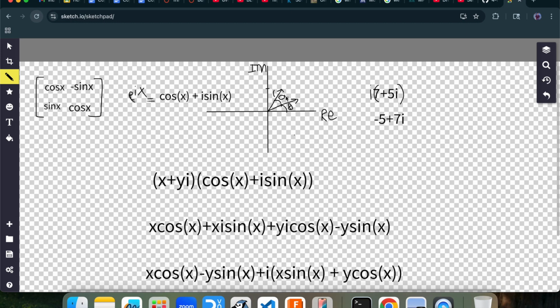But anyways, we could say this original vector we could write as